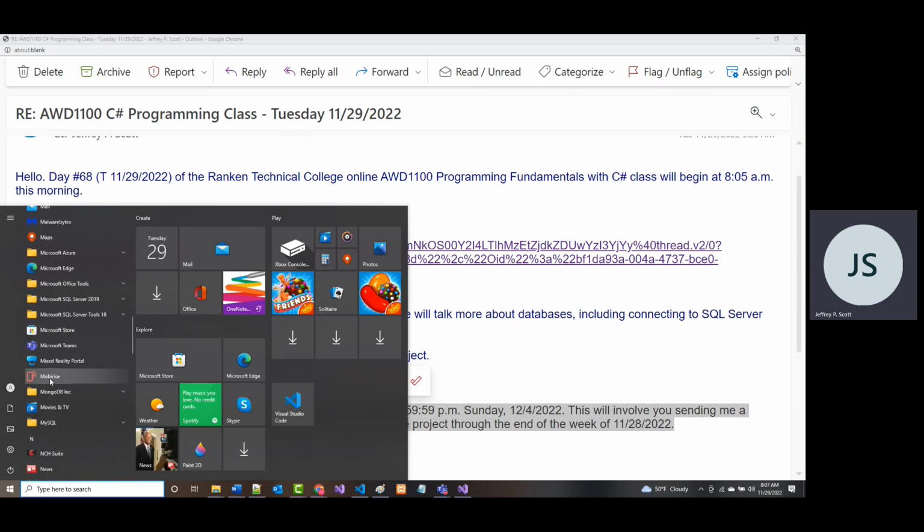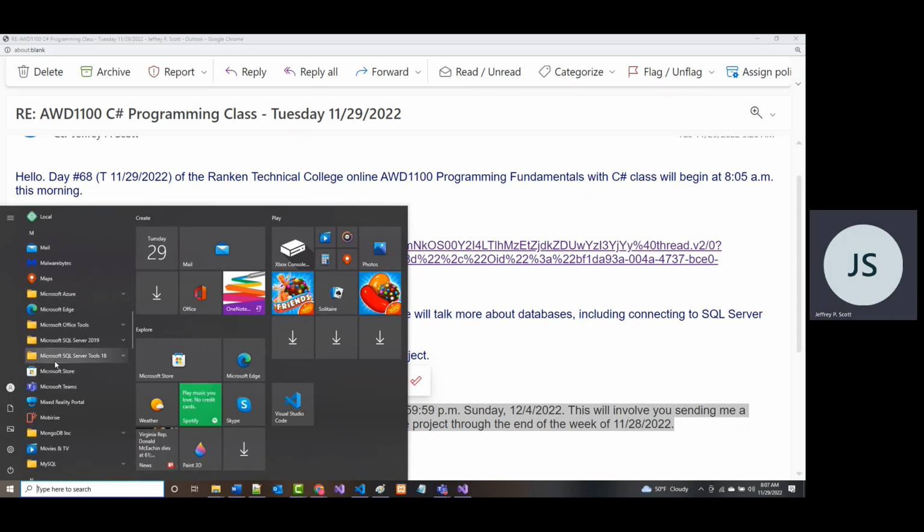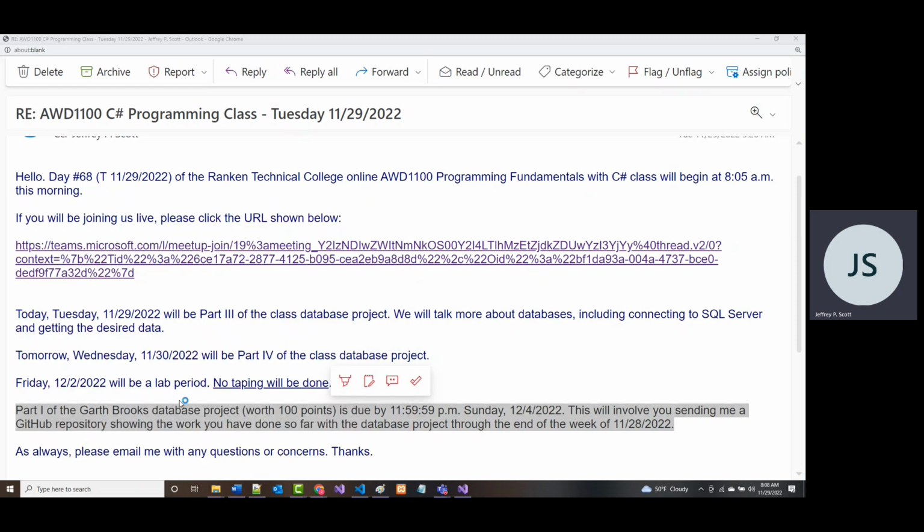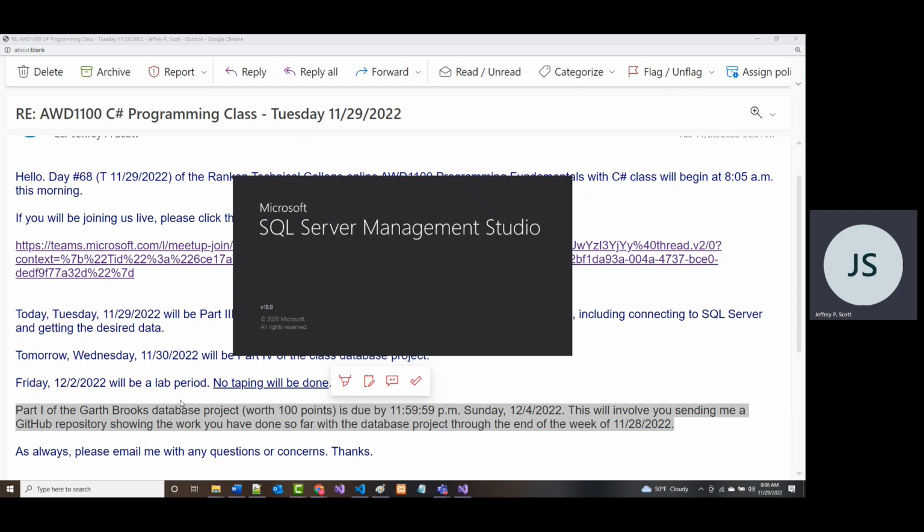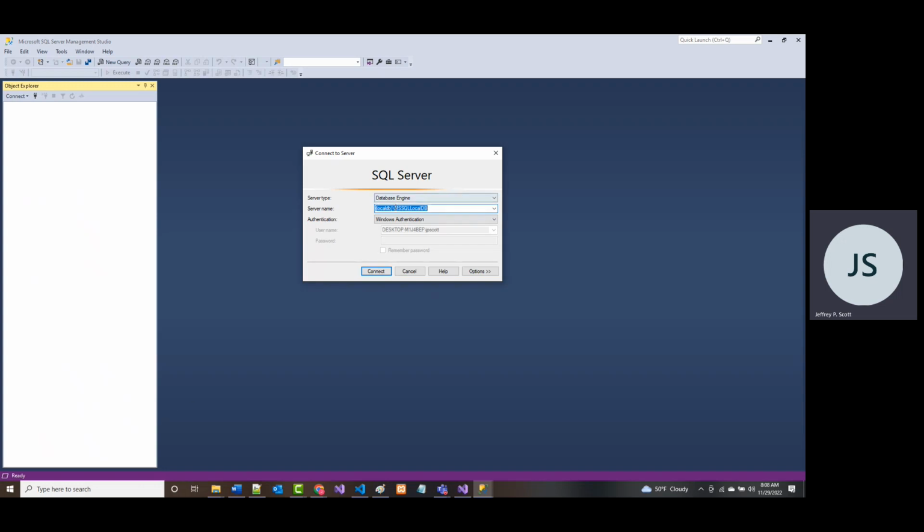But what you should be able to do right now is to come in here and under Microsoft. Now, if you've got the server tools and it's not working, you do need to have Microsoft SQL Server on your machine as well. And you should have had that already because I believe that's one of the things that we installed at the beginning of the semester. But when you go to your server tools and you bring up the Server Management Studio, it should come up with something in there that looks like this.